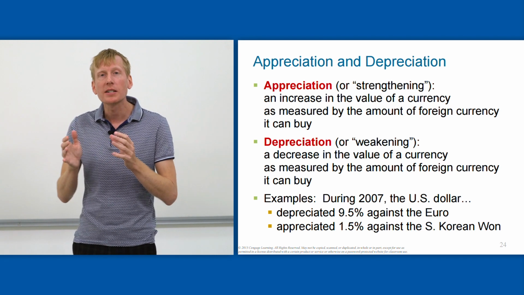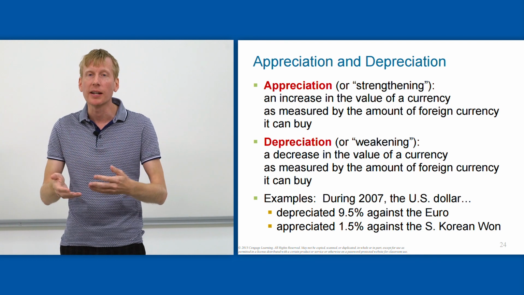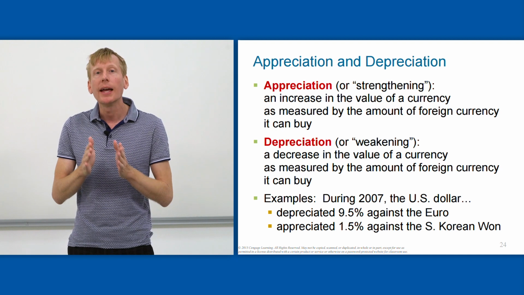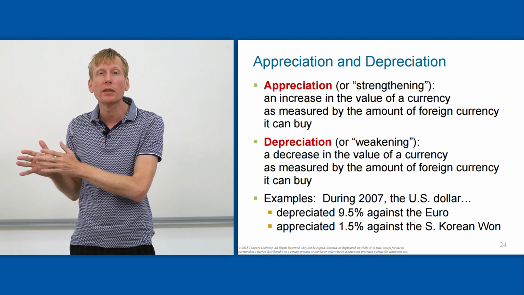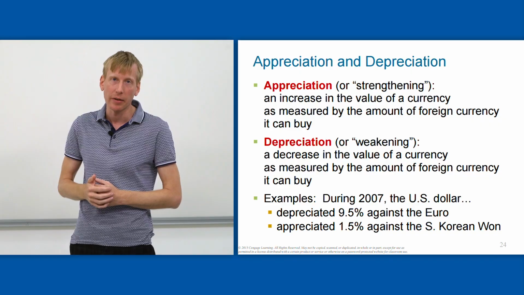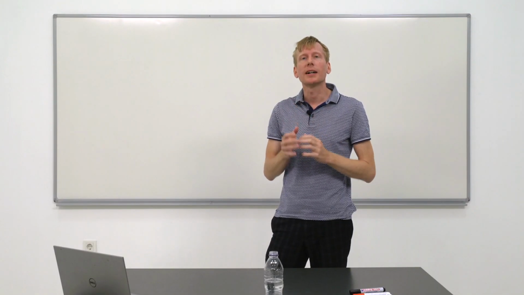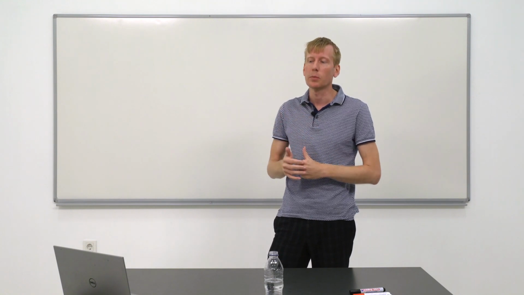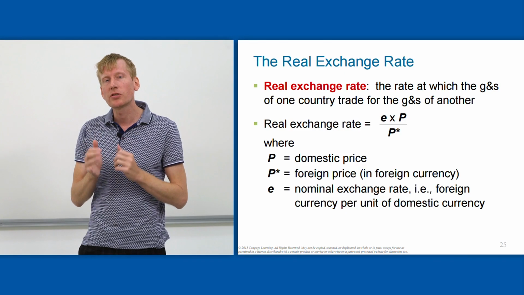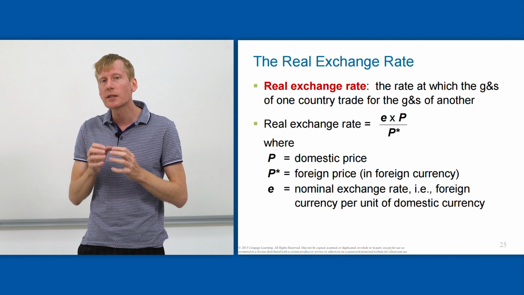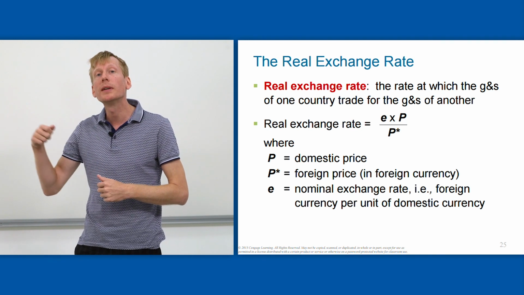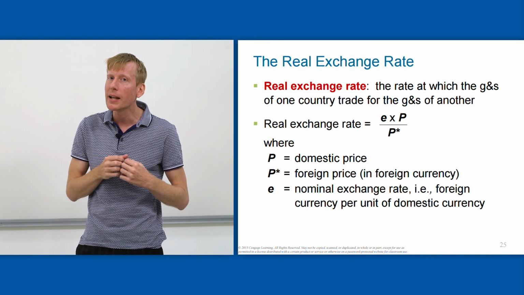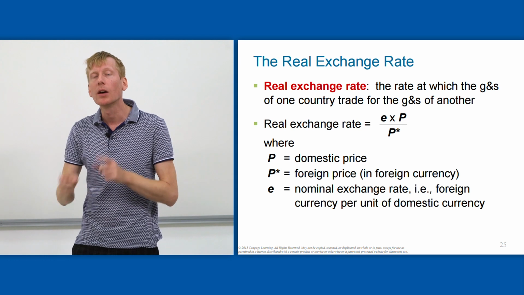depreciating. And all of this appreciation and depreciation and strengthening and weakening occurs over time, and it's between two countries with their currencies relative to one another. Now, we said we'd introduce a concept of a real exchange rate, something that's corrected for inflation and corrected for prices. The real exchange rate should be the rate at which goods and services in one country could be exchanged for goods and services in another, not the rate at which money could be exchanged for money, which is the